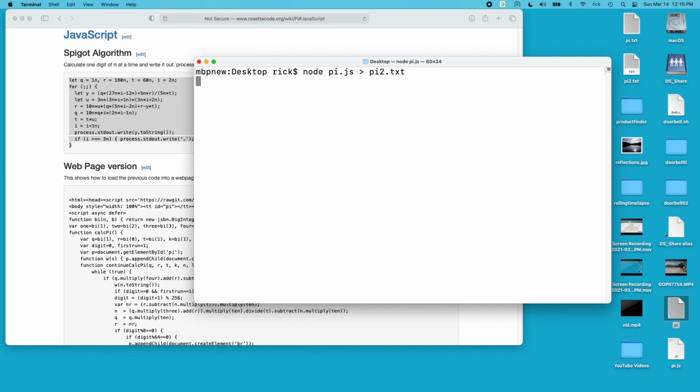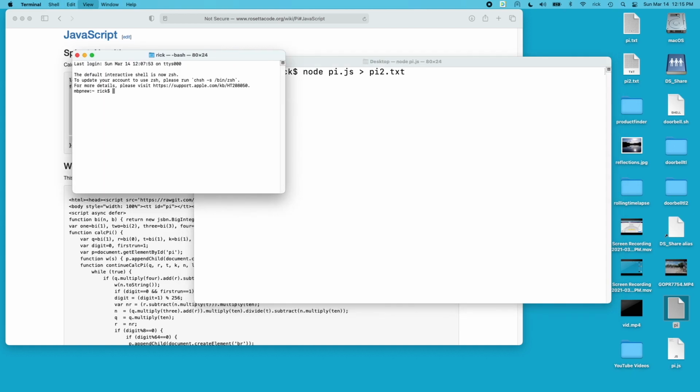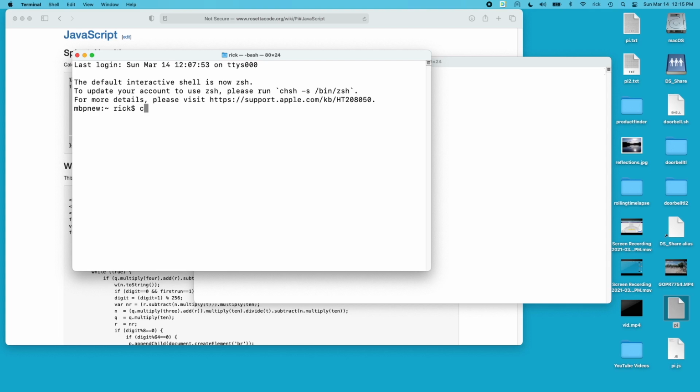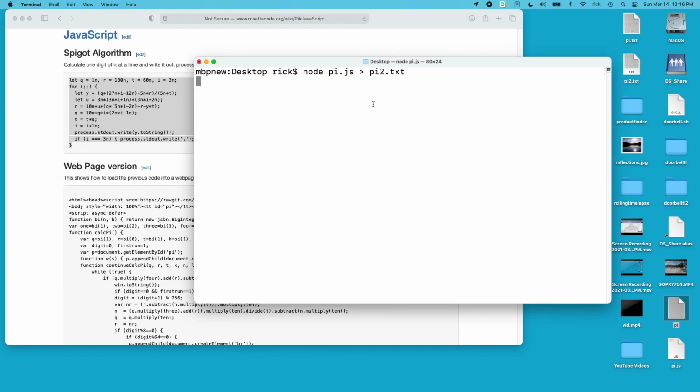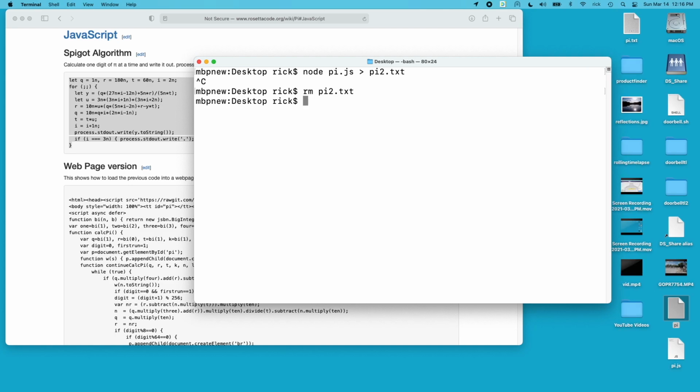So as I got further into this, I was able to figure out how many I needed. Well, I needed probably 300,000 to 400,000 digits. So I'll go to another terminal here, go to my desktop, and I can type wc space -c and then pi2.txt, and this will tell me how many digits I have. So I have 30,000, here I have 39. I can just keep updating this. And I'd just wait and I'd go check every once in a while to see how many digits I had. And once I had enough, then I can hit Control-C to exit out of here. Now I've already done this, so I'll remove this pi2.txt, and I have a file called pi.txt, so if I do wc space -c space pi.txt, we can see I have just under 400,000 digits of pi here.